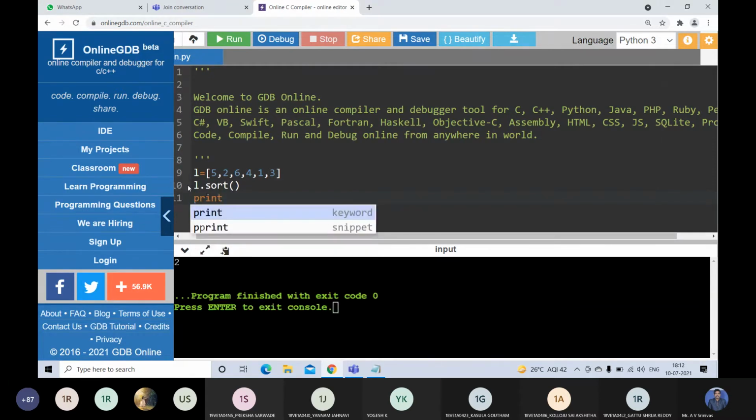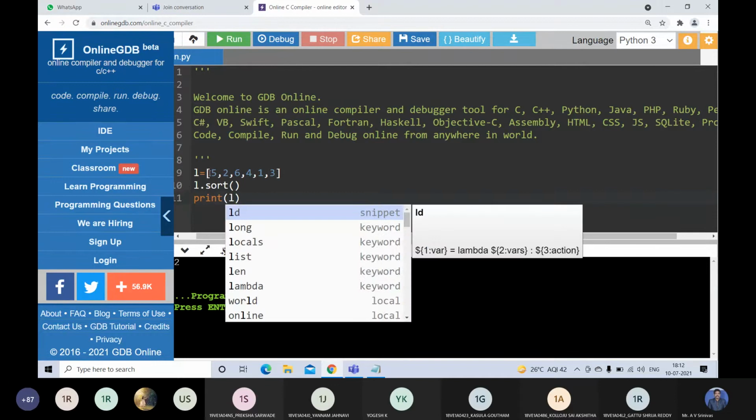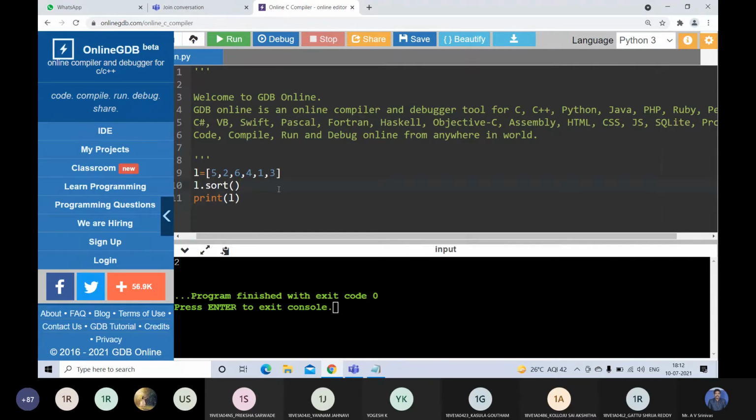Then if I print L, as I told you, the sort method will change the original list. That means L will be changed. Now L becomes 1, 2, 3, 4, 5, 6. The elements are sorted in ascending order by default.